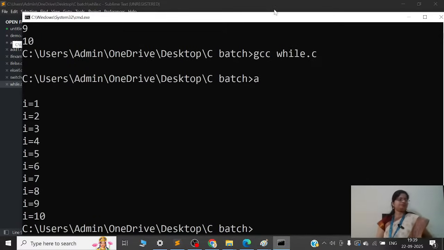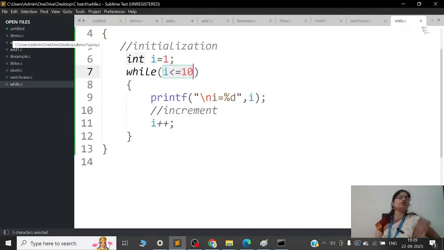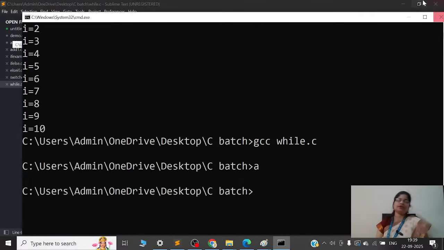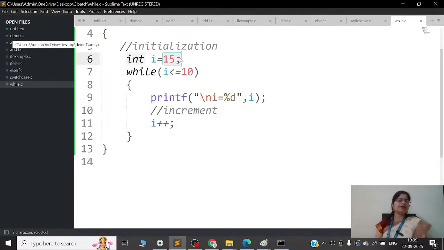सो while लूप इज नोन एज एंट्री कंट्रोल लूप. एंट्री कंट्रोल लूप क्यों? बिकॉज ये आपको लूप में एंटर ही नहीं करने देता है अगर कंडीशन सही नहीं है. सपोज मैं i की वैल्यू 15 दे देती हूँ एंड मैं ये प्रोग्राम रन करती हूँ. कंपाइल करेंगे, रन करेंगे. देखो कुछ आउटपुट आया क्या? नहीं. क्यों? बिकॉज i की वैल्यू आपने 15 दी है. 15 लेस देन और इक्वल टू 10 है क्या? नो. कंडीशन इज फॉल्स. कंडीशन फॉल्स है तो कुछ होगा ही नहीं, लूप में जाएगा ही नहीं. सो व्हाइल लूप एंट्री कंट्रोल लूप है. ये आपको एंटर ही नहीं करने देता है.